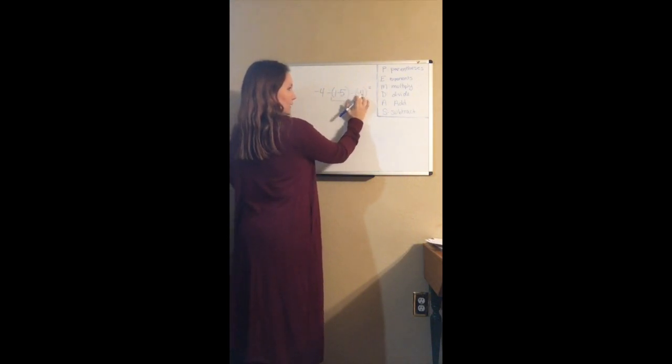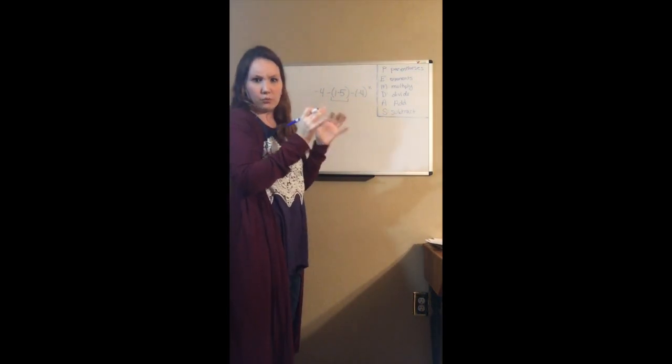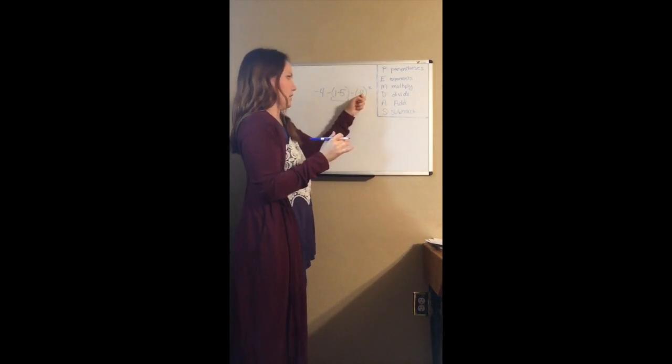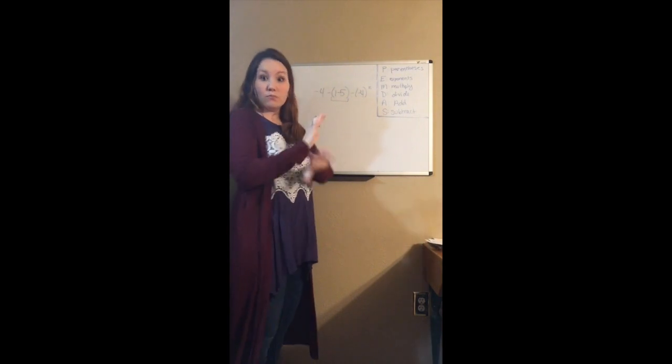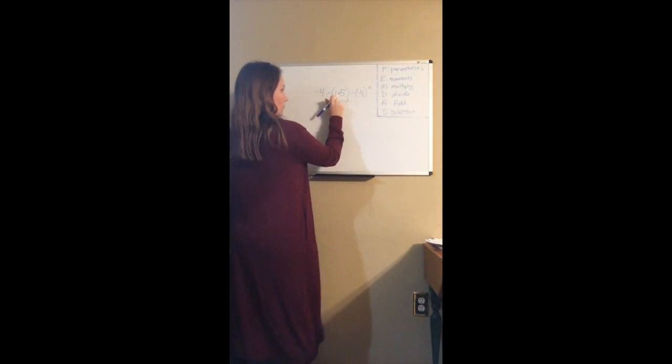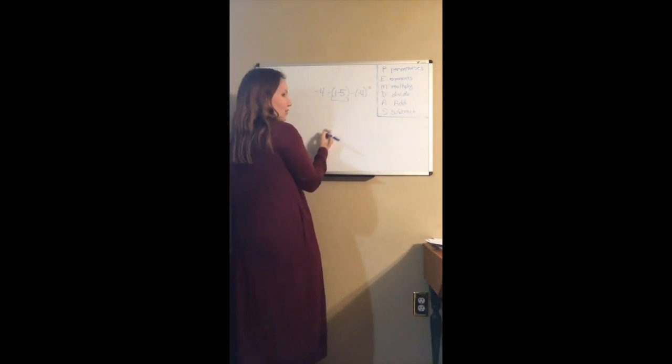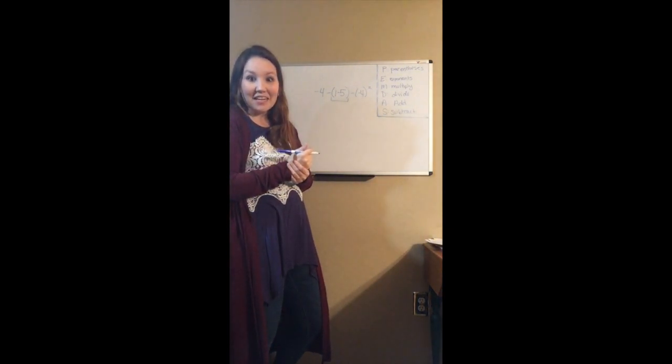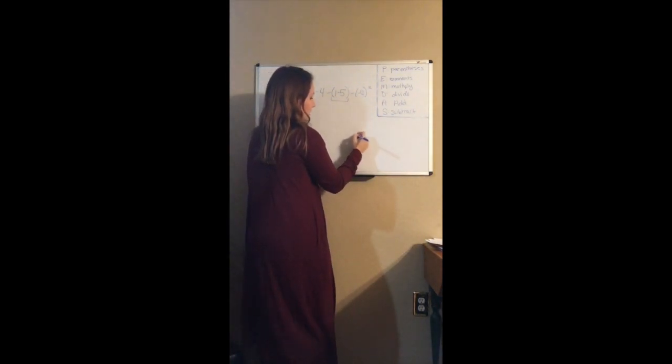These parentheses right here don't have an operation that we're going to do, right? We're not going to add, subtract, multiply, divide. It just says negative 4. So we're just going to leave that one alone. 1 minus 5. Well, we have to think back to our positive and negative numbers, right? Because if we have 1 minus 5,